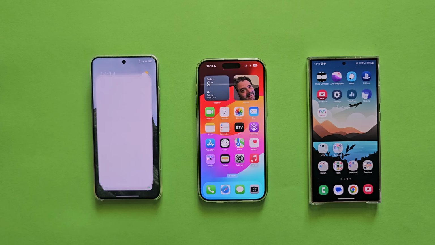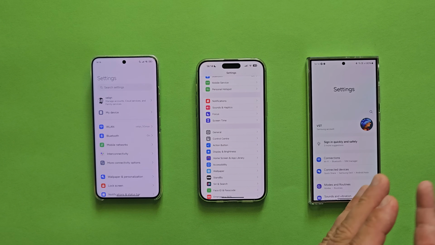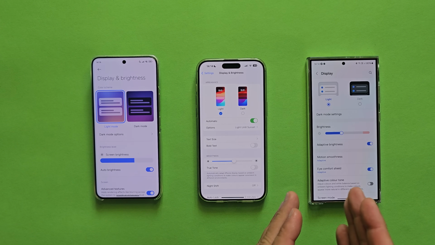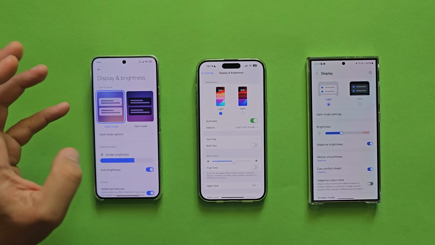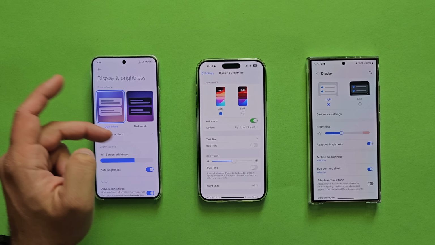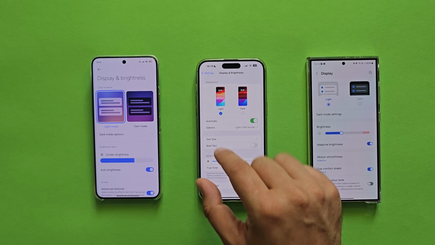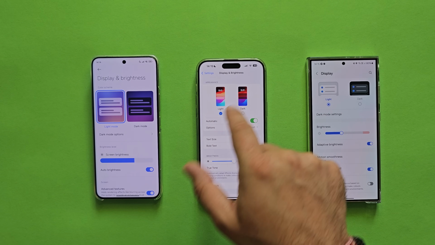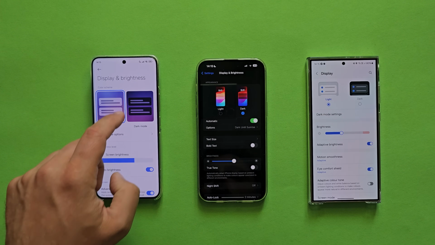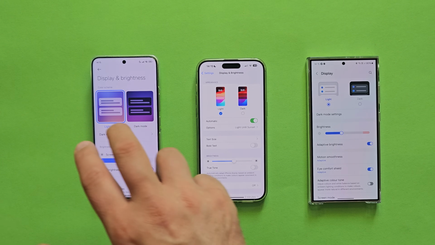Let me go back to the home screen and let's go inside the settings, because I want to show you some things I believe are important. This is the display and brightness. And I said it's important because of course this controls how you perceive your phone, how you see your phone. So the standard settings in HyperOS is the light mode here and the dark mode, which is the color scheme. And this is the very same in iOS, right? It's a bit different in terms of design. They call it appearance, but it still allows you to go from light to dark, which we can do also on the HyperOS, which is very nice and